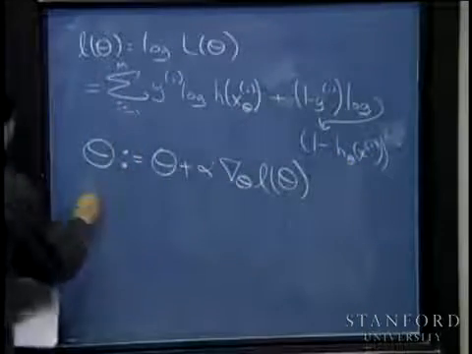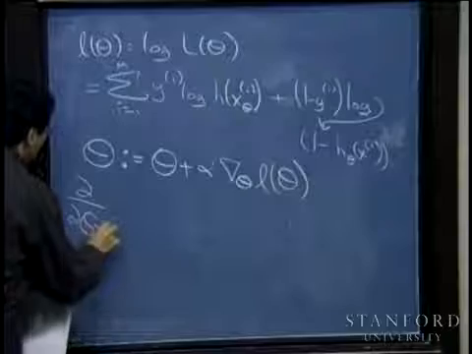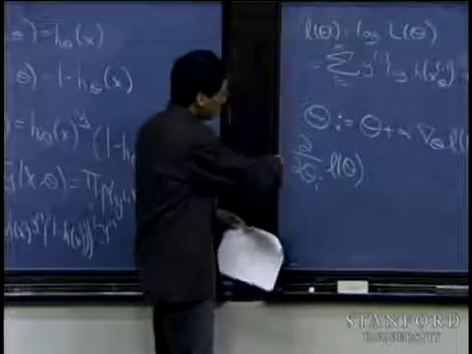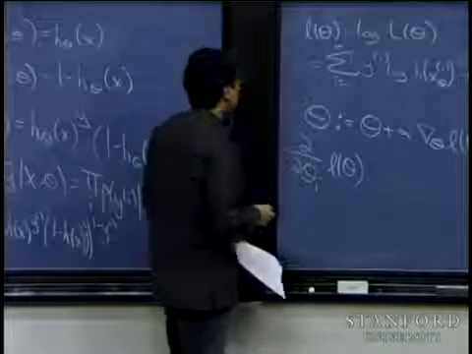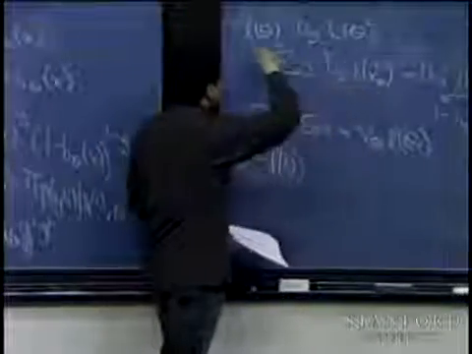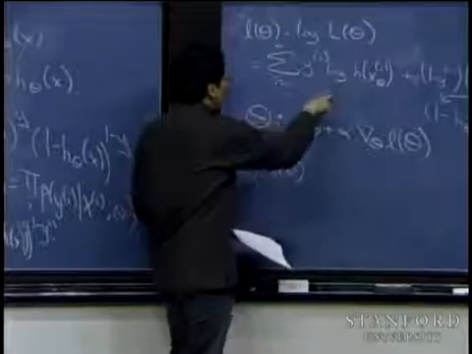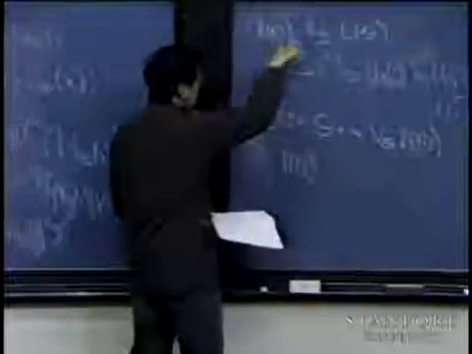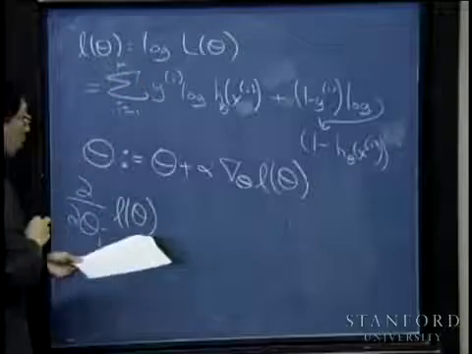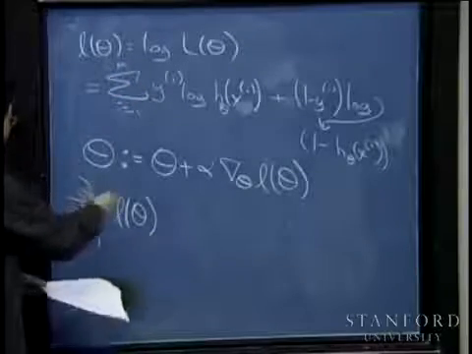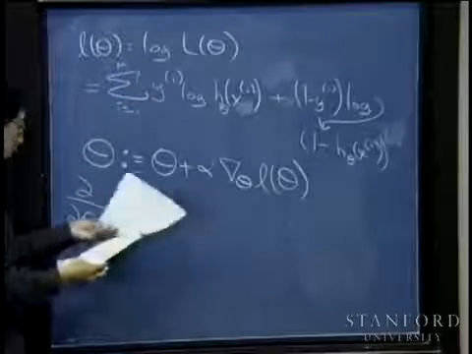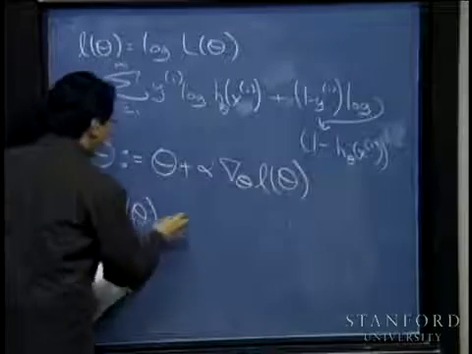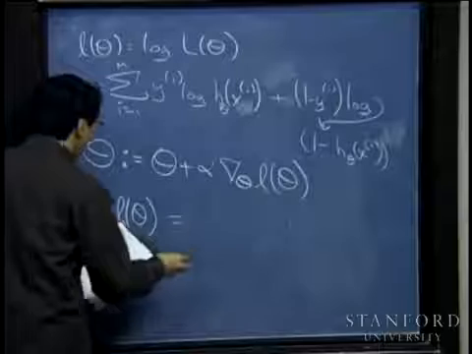And it turns out that if you take this lowercase l of theta, the log likelihood of theta, and take this partial derivative with respect to theta i, you find that this is equal to,